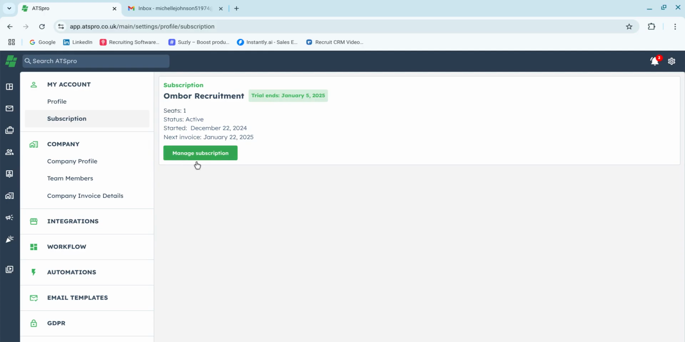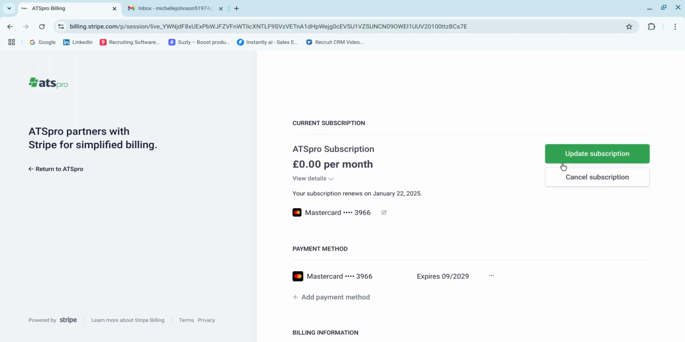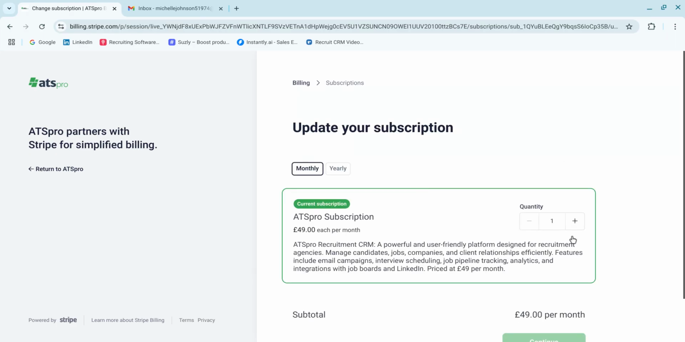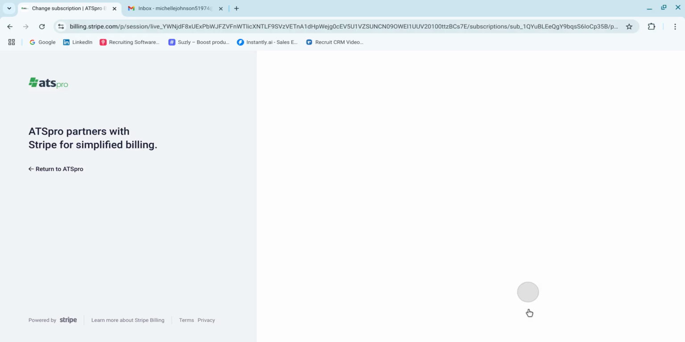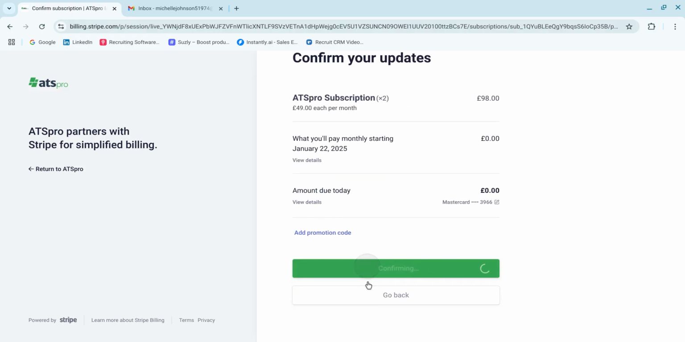So to do that you click manage subscription, and this takes you to the subscription portal, which is managed by Stripe, and you'll see this button here, update subscription, and increase the number of subscriptions to 2, and click continue, and then subscribe and pay,